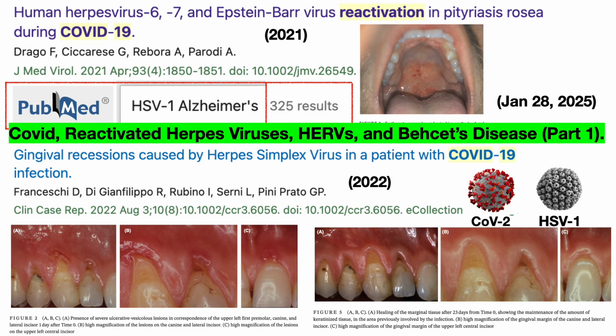COVID, reactivated herpes viruses, HERVs, human endogenous retroviruses, and Behçet's disease, Part 1. This is the first part of a multi-part discussion on this topic. The goal of this particular YouTube series is to examine how COVID infections can reactivate a set of dormant pathogenic